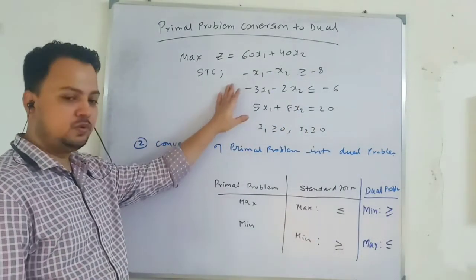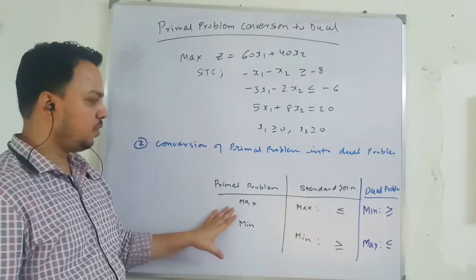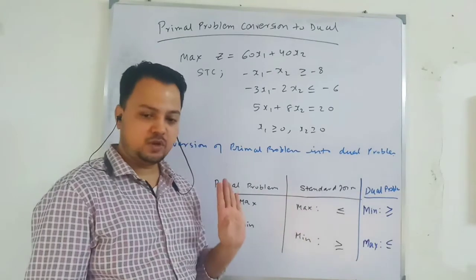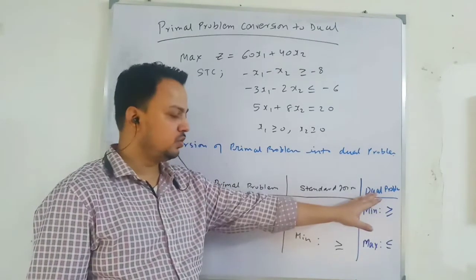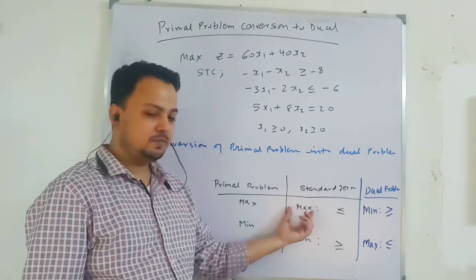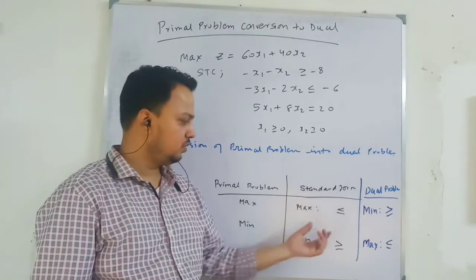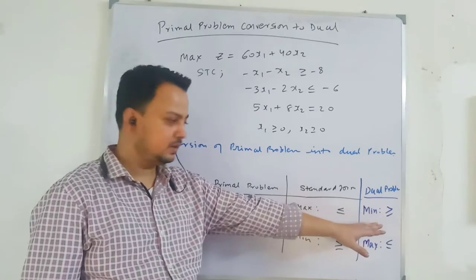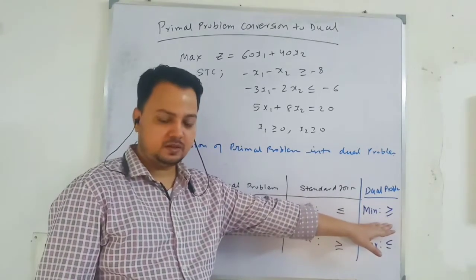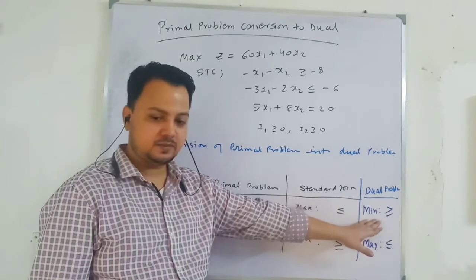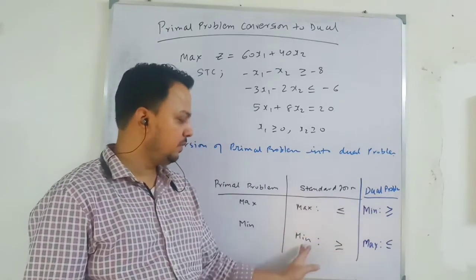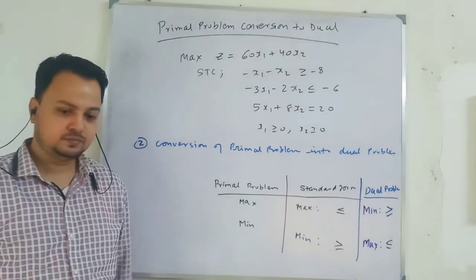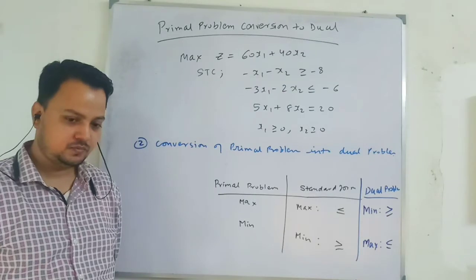So first, I will convert my primal problem into a standard form. Then I will set up my dual problem. To set up my dual problem, your maximization will be minimized. That is a step I am telling you. The maximization I have to minimize because this is my derived problem, and all the constraints will have a greater than or equal to sign in case of minimization. Similarly, when I am setting up the dual for a minimization, it will be maximization, and the constraints will have a less than or equal to sign. Clear?